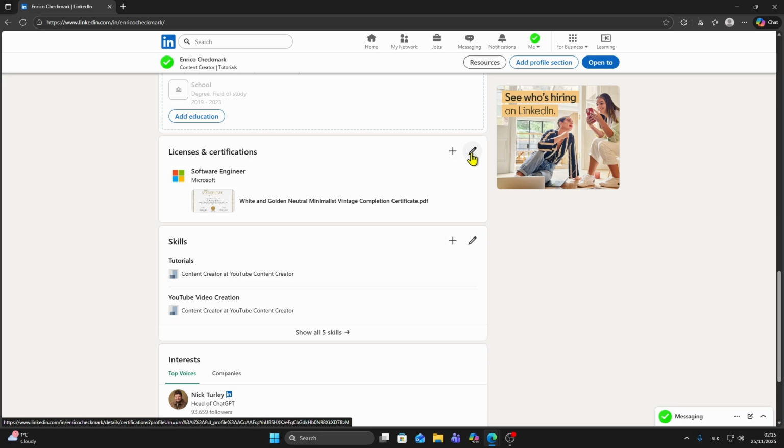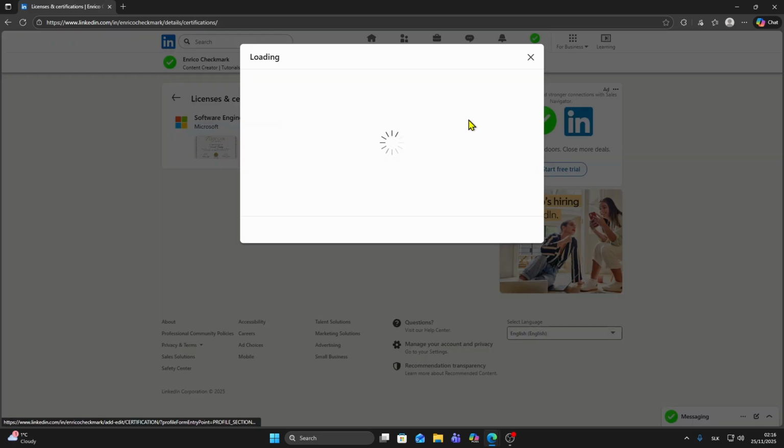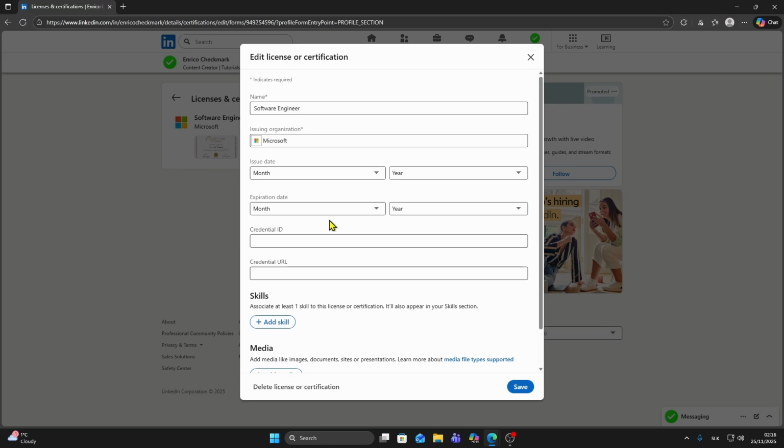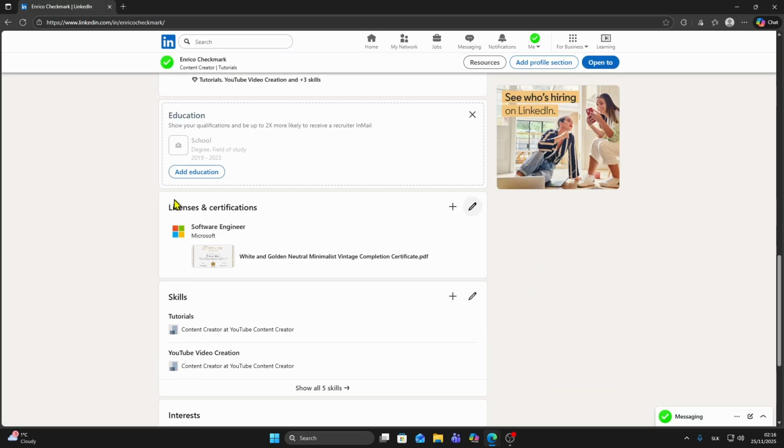You can customize it by clicking on this pencil. And then again, you can add these details or customize it however you want. And that's how you can